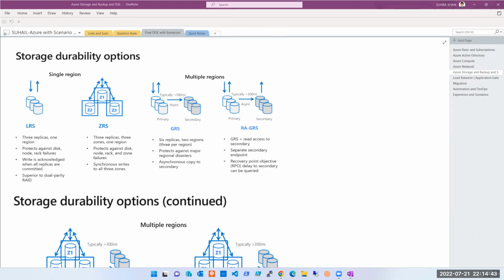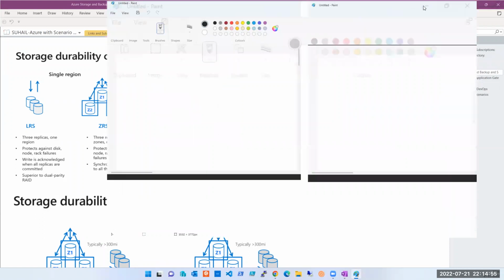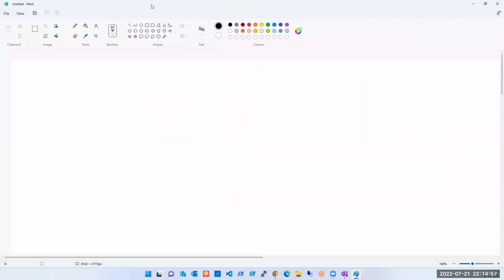So if I explain the RAID concept to you, then you will understand what this is. What does it say here? That it is good for RAID and dual parity. So if I explain RAID to you, then you will understand this point. So how does it work in RAID? Let's say that you have two hard disks, be it physical or anything. RAID is used more with physical.